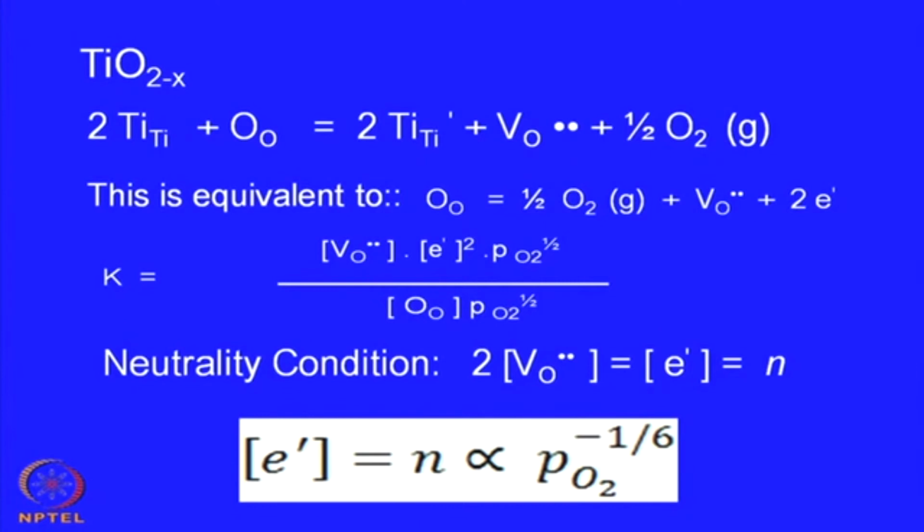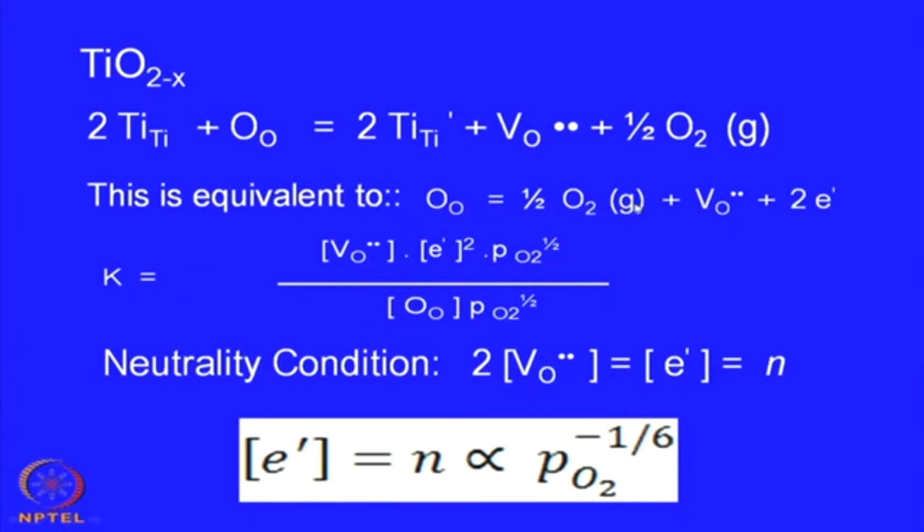Another example, TiO2 minus X. The only difference here is that earlier it was iron vacancy, whereas here it is oxygen vacancy. If you go through a similar process, this equation can be written once again, and ultimately half of O2 gas goes out of the system and so you create oxygen vacancy there, and this is the final equation